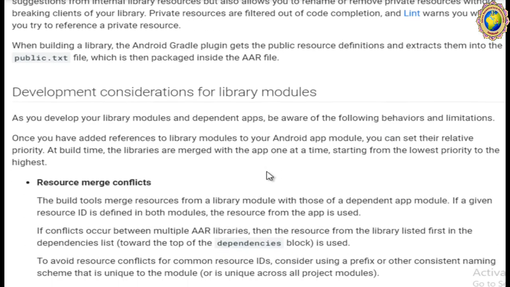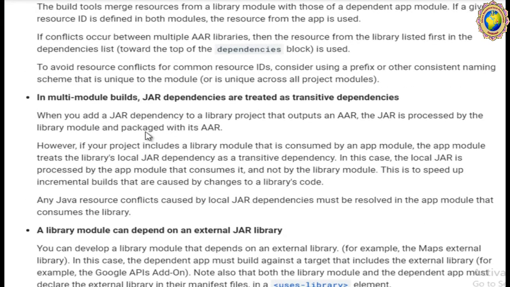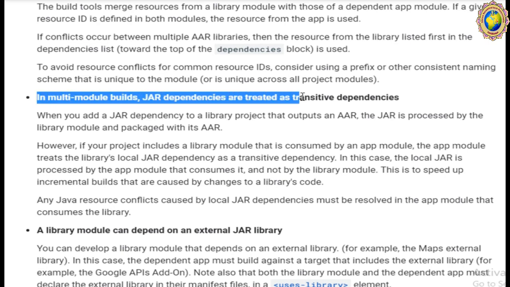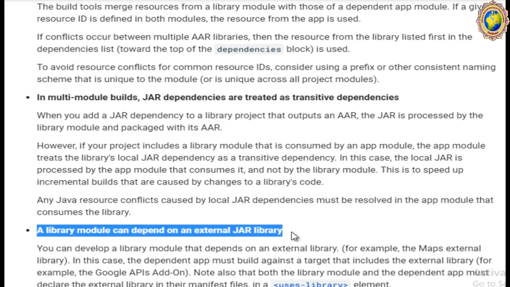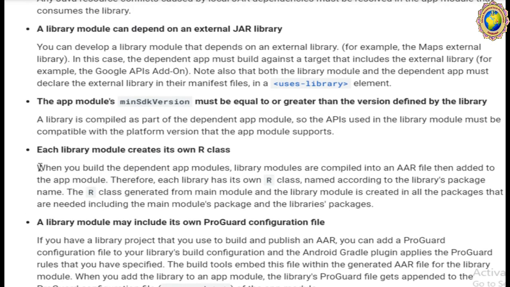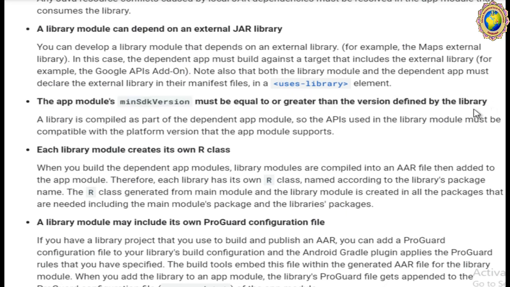Now the development considerations for library modules. First point is resource merge conflicts. Second, in multi-module builds, the JAR dependencies are treated as transitive dependencies. Third, a library module can depend on an external JAR file, and then the app module's min SDK version must be equal to or greater than the version defined by the library.